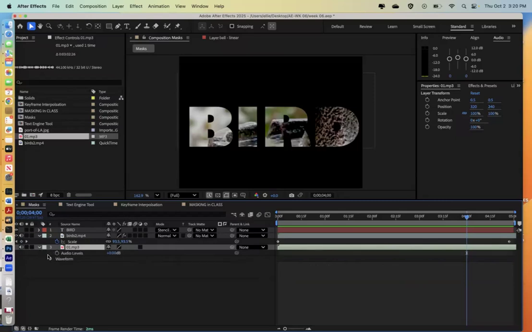The one thing that I want you to know from the audio, at least for today, is these quick keys, because I want you to know how to use them. For audio, it's L, the letter L. As soon as I press one L, you see the audio level pop up that you can increase or decrease. They're also here in the preview on the far top hand side. Because I have the layer selected, it automatically knows you want the audio settings